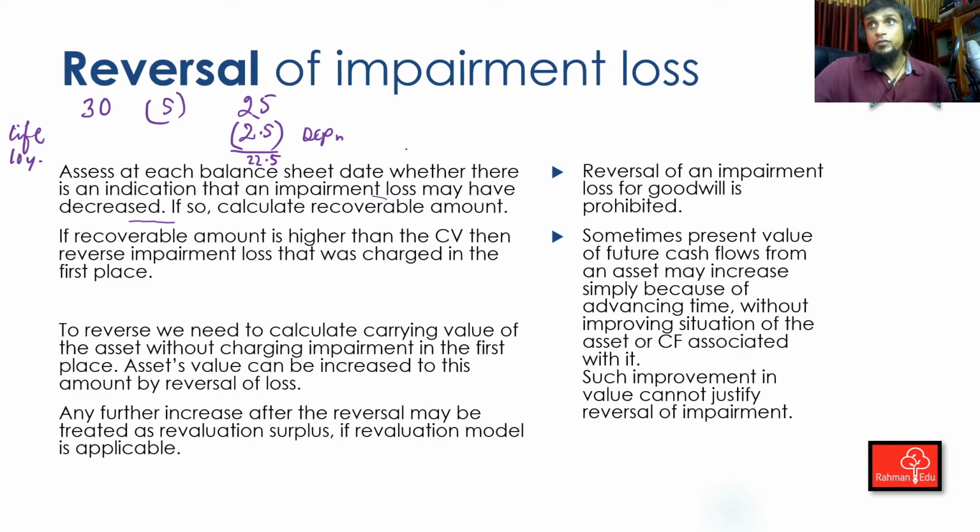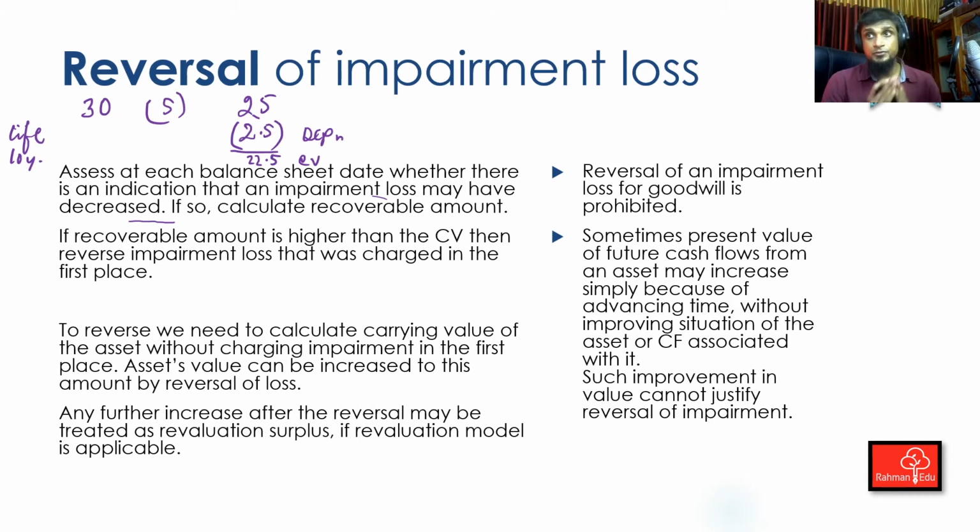That's the new carrying value after 1 year. At that point, if I see that the NRV of this asset or value in use of this asset is $30 million, $25 million, $24 million, higher than the carrying value simply, then I have sufficient evidence to reverse